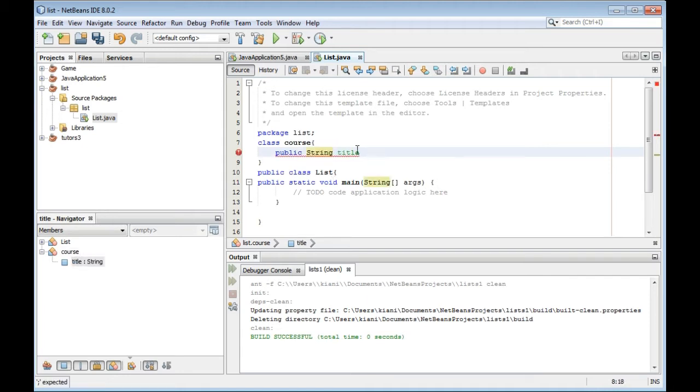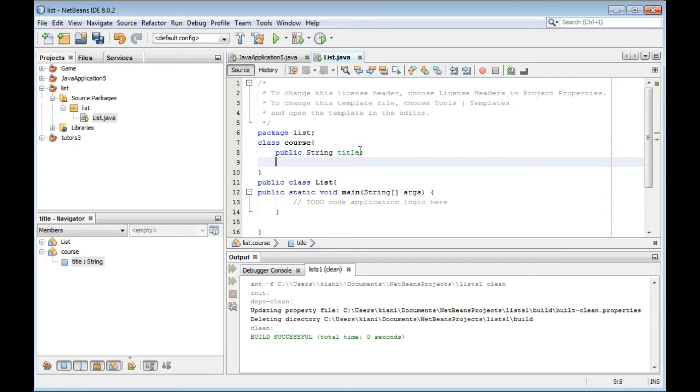It is a string. Now we have course first, course next, course next. So the course record will hold two things.